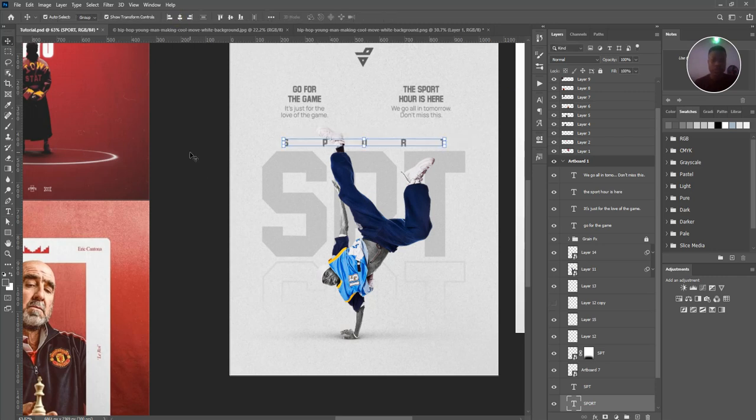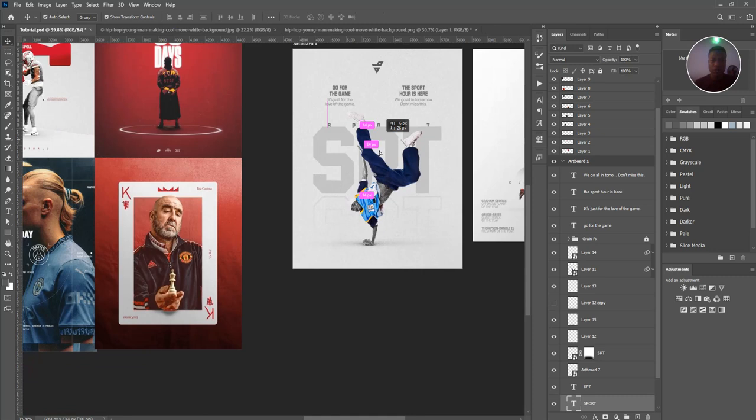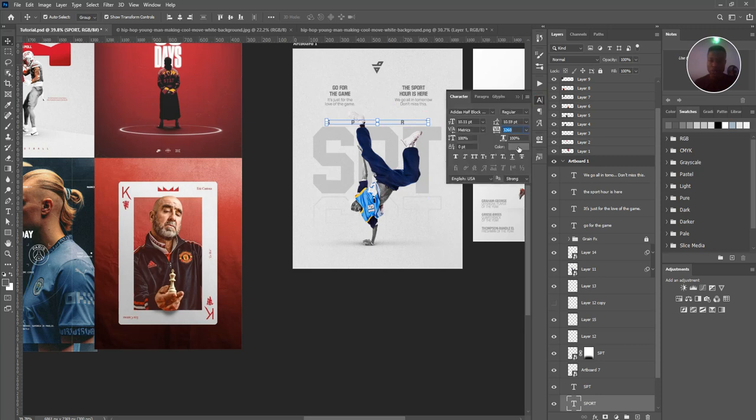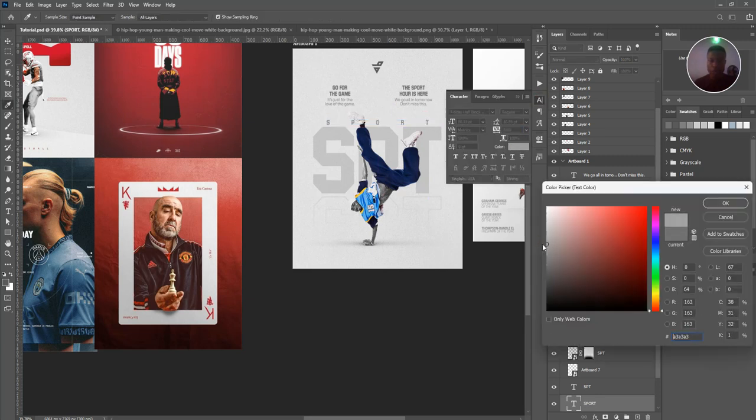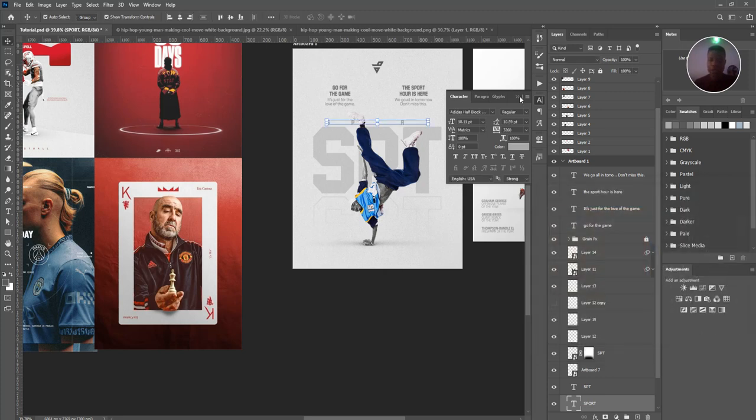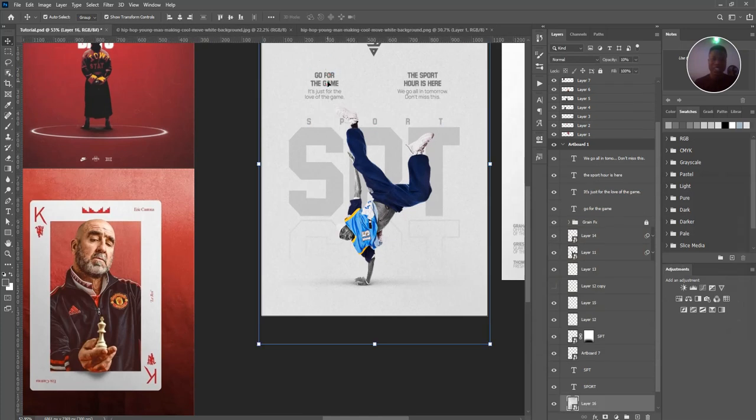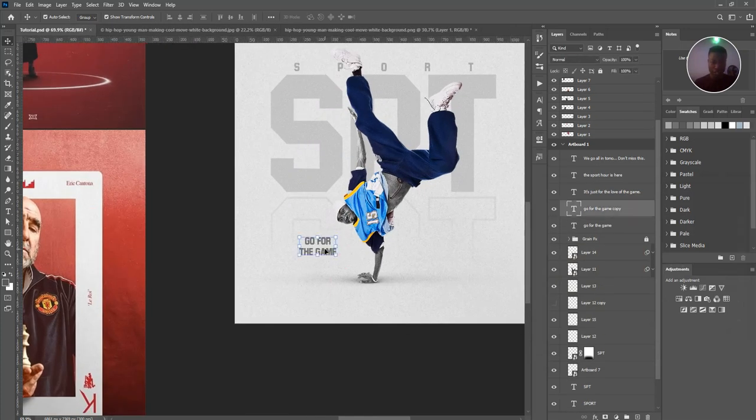So yes, you can see you have your sports. You can decide to bring it down here. But if you are bringing it down here, that means that the text is not going to be visible. So you have to also take note of that, and then make sure you set it to where you want to set it to. And let me just make it fade more. So here we go. So then you can decide, let's say for instance there's a date towards when the event is happening. All the other information you can put,